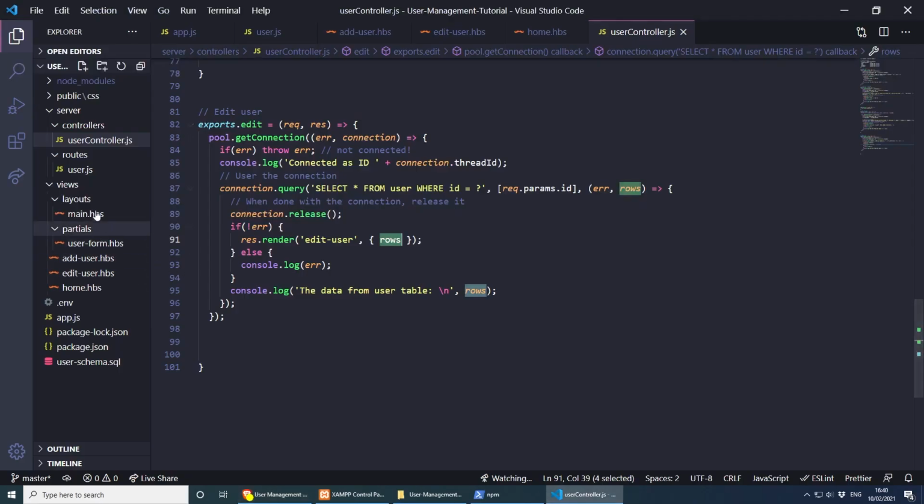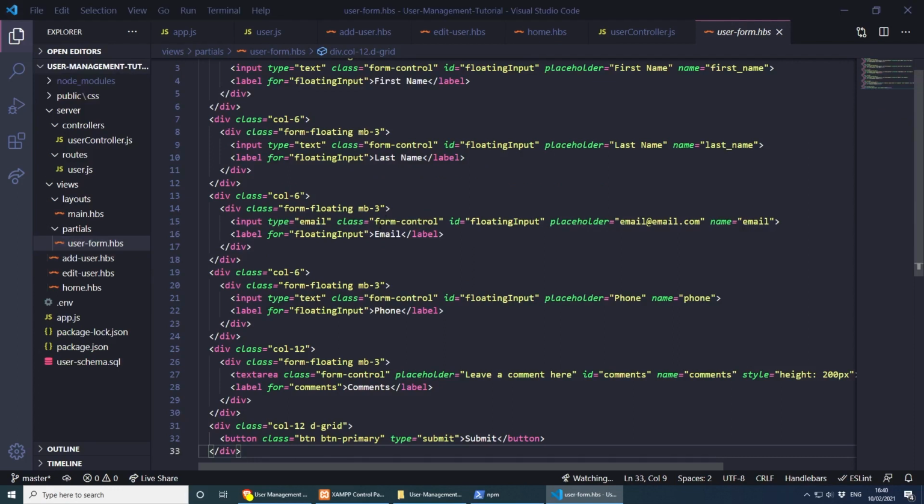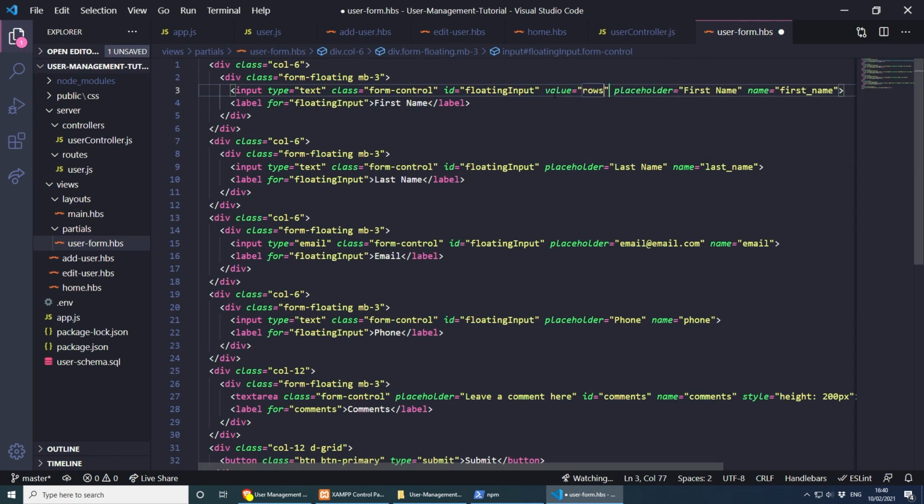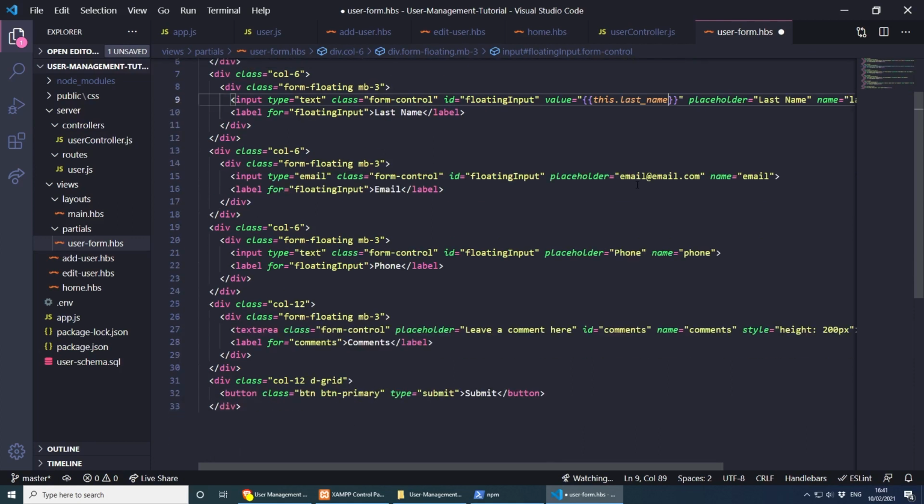If you go back to the form, which is inside partials now, we can start populating the values which are non-existent at the moment with the ones from the database. So let's say the first name value is value equals, and then we can do curly brackets and then this dot first name. And now let's just copy this multiple times and do it for the rest. So let's do it here so you can see. So last name, then we have